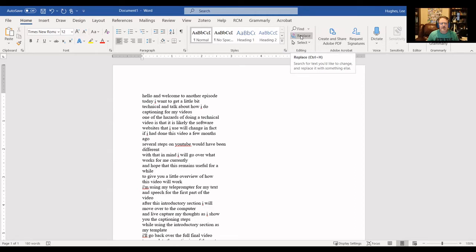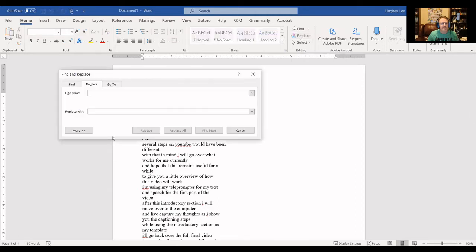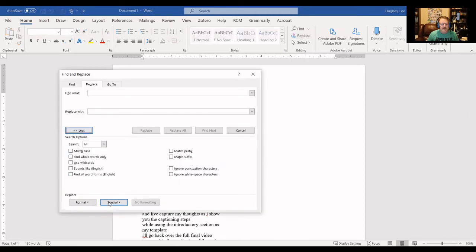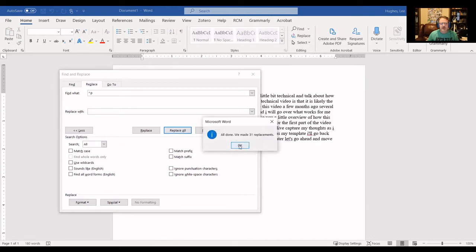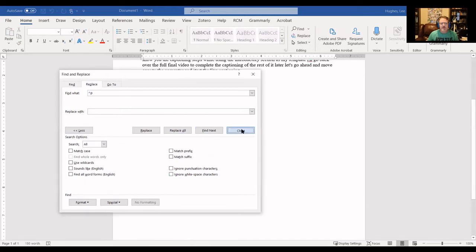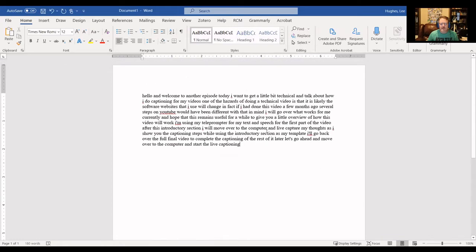I'm going to go in and replace, and what I'm actually going to be replacing is the paragraph mark between each, and I'm just going to replace that with a space. I'm going to say replace all, and now what I'm going to be left with is just the straight text. So I don't have those paragraph marks that I have to deal with.